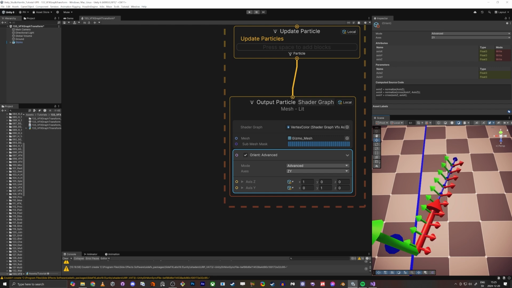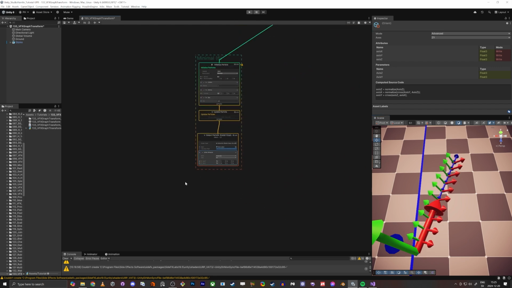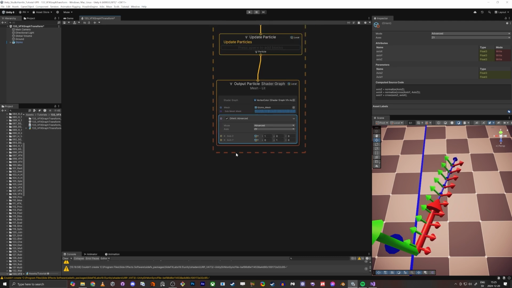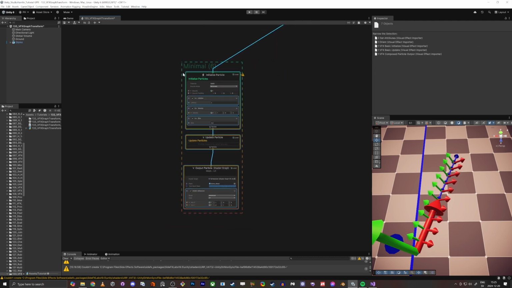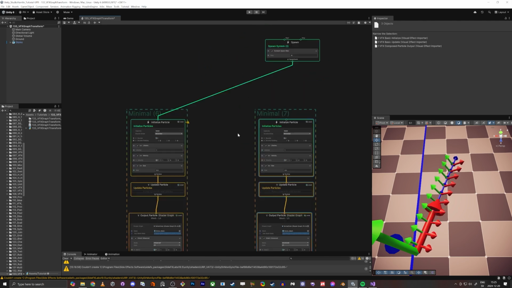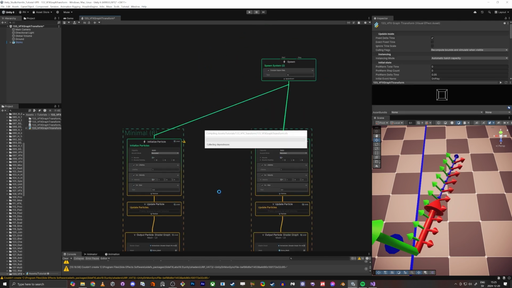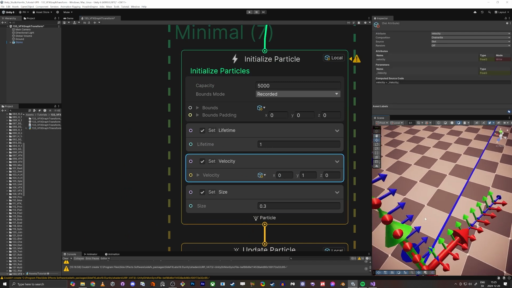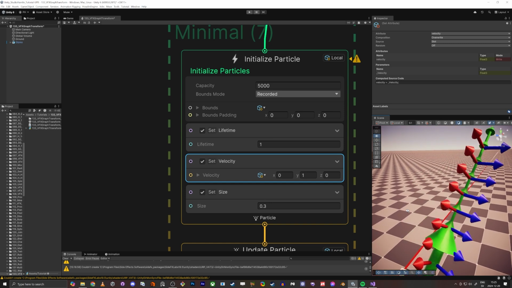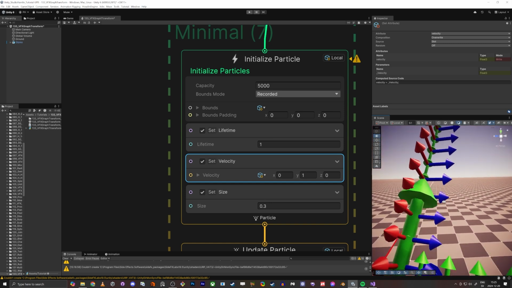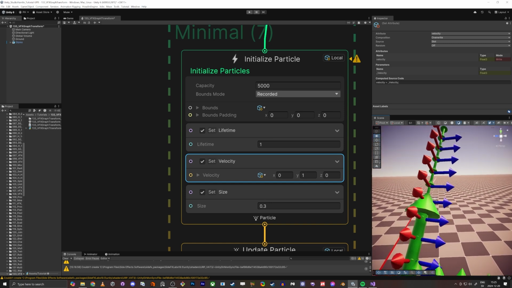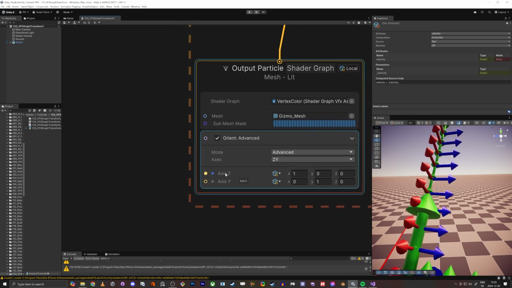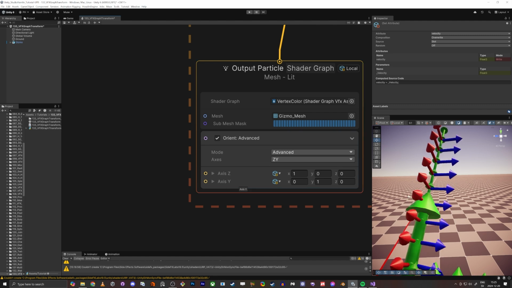So that's how you do it. And there is another way to do it when you put gravity to it, but I'm gonna leave that for now. So here you have, now we're gonna do upwards. So of course now when we see here, we want the particle's forward direction needs to be the gizmo's up direction. So down here, the forward direction for the particles is going to be